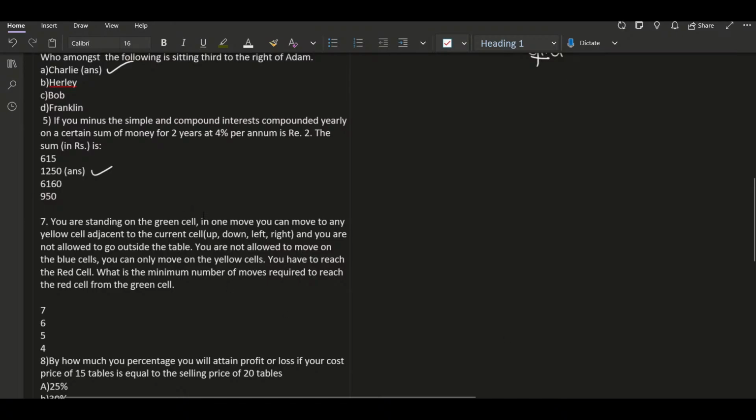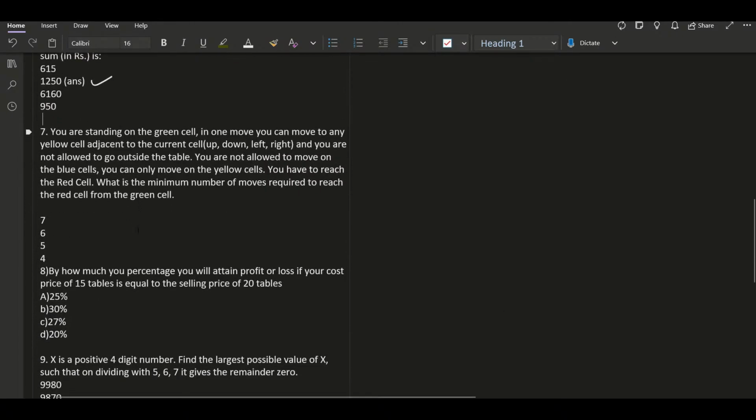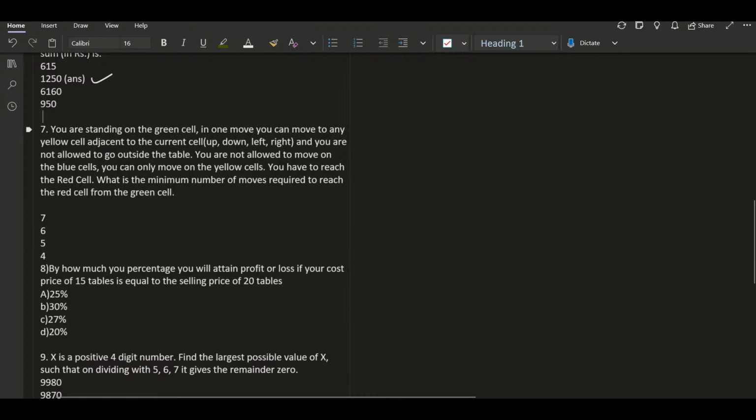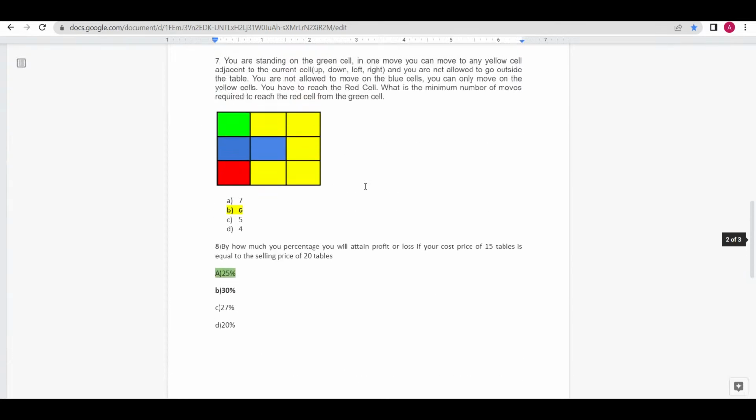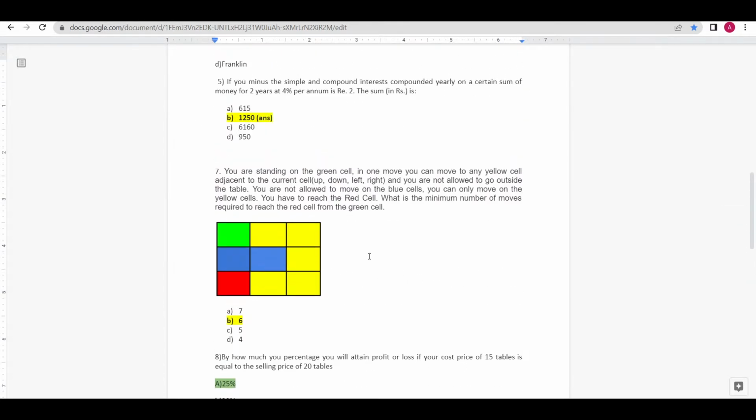Okay, so we are done with the fifth question. Now moving to the next question, where we have not got the exact question. Now moving to this particular sheet. Okay, so here we are given the question as